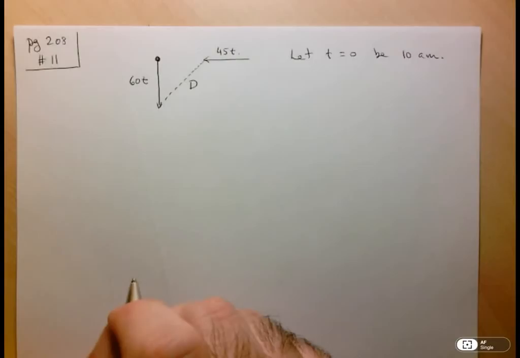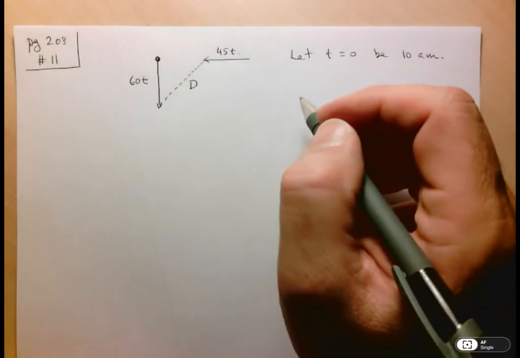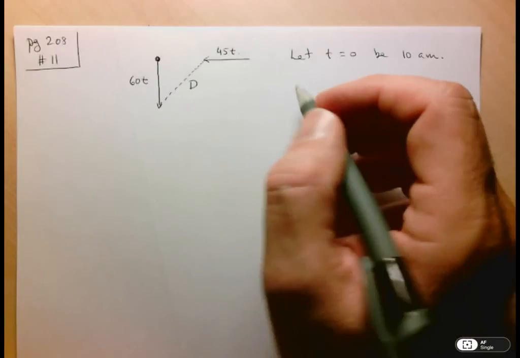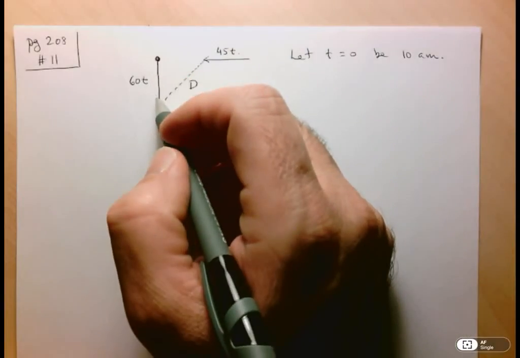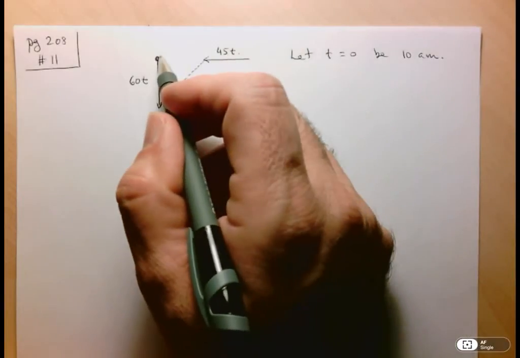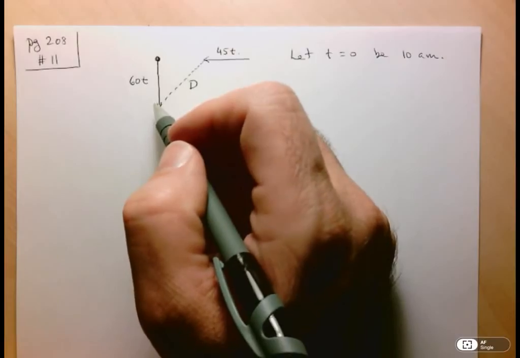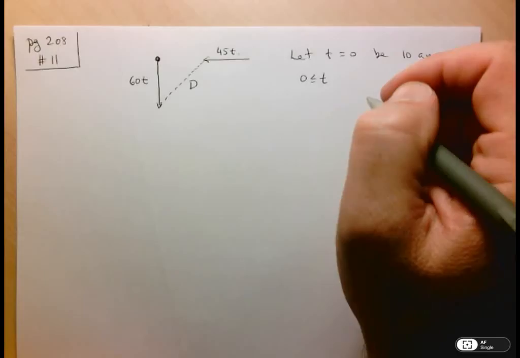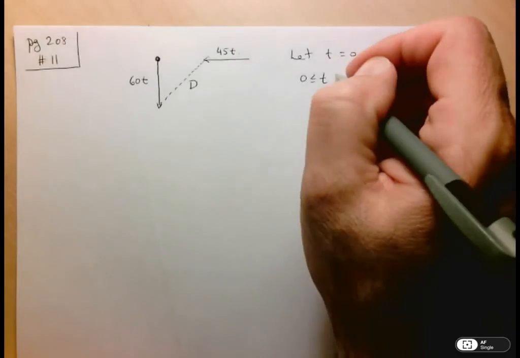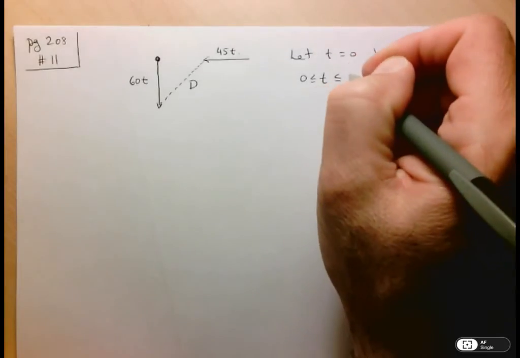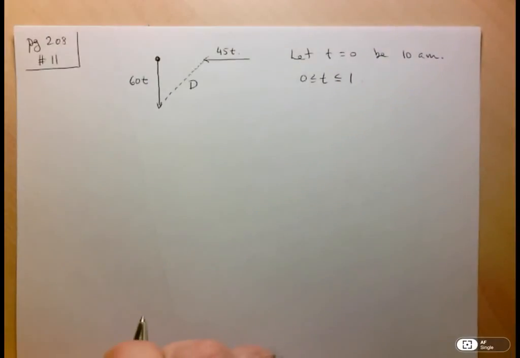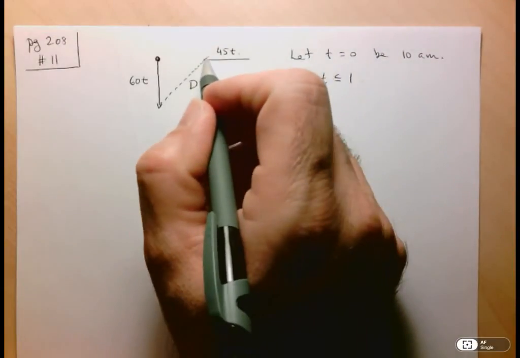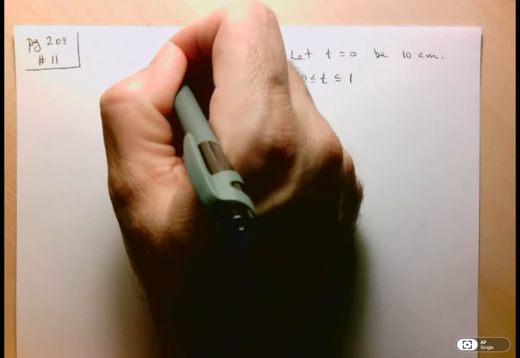Now, by the way, let's put a constraint on t here. Since this train leaves at 10 a.m. and that train will have arrived at the station by 11 a.m., this is all happening within 1 hour. So t here is going to be greater than or equal to 0. So this is going to happen after 10 a.m., but before or perhaps at 11 a.m., which is 1 hour later. The problem is that this distance here is 45t, but what I would really like is